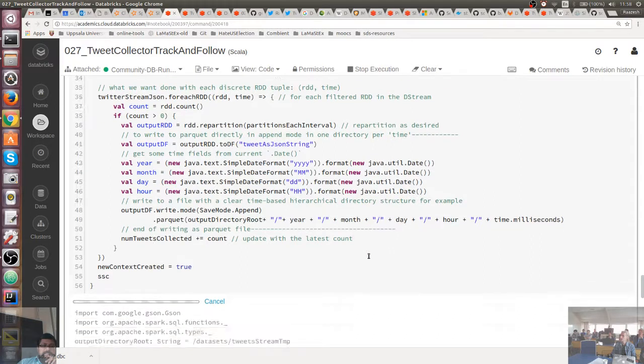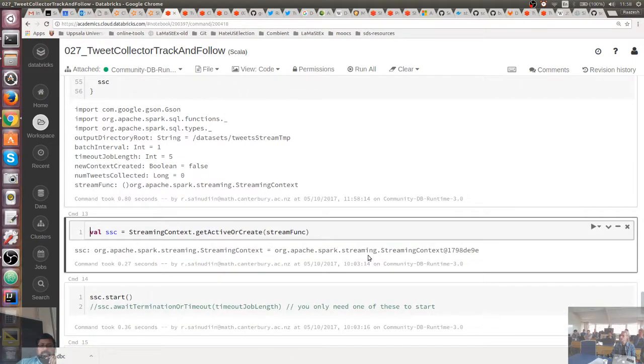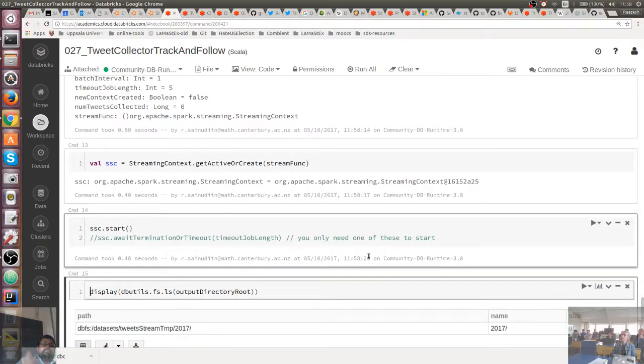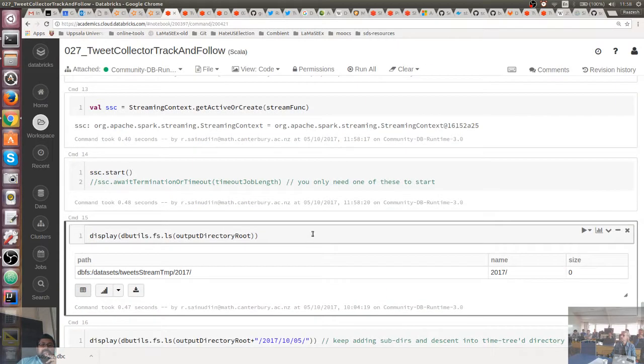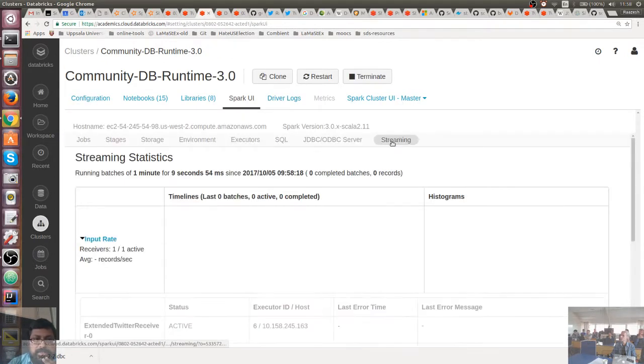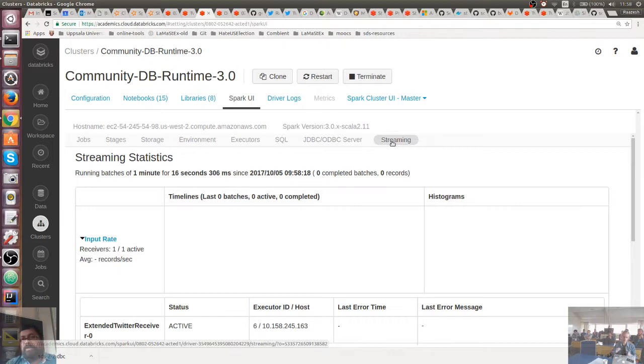So let's see if this will just work. You can put your own Twitter ID if you want, or Trump, or whoever you like. Okay, so let's just check out what's going on. This I already stopped and restarted. So this is running batches of 1 minute, so we'll see. These IDs correspond to some British politicians. I don't know what will happen live, but let's